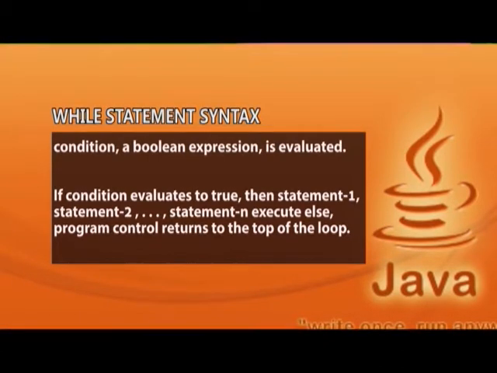Two common bugs that frequently find their way into programs that contain while loops are the infinite loop and the off by one error. The second repetition option is the do while statement. If the condition of a while loop is initially false, the body of a while loop never executes. In contrast, a do while loop always executes the body of the loop at least once before checking the terminating